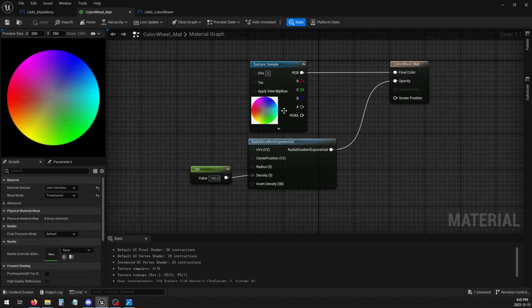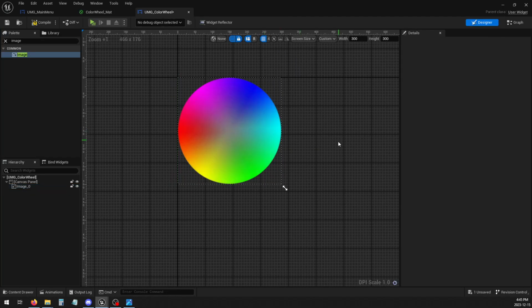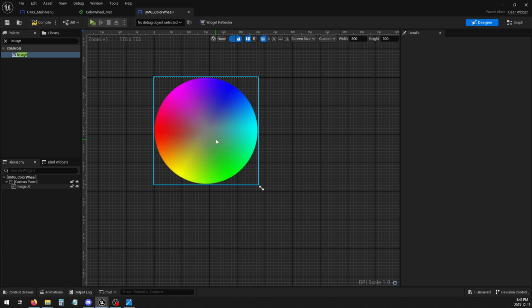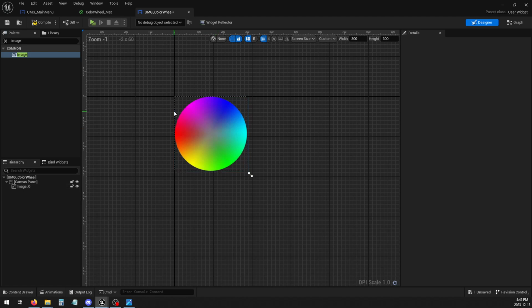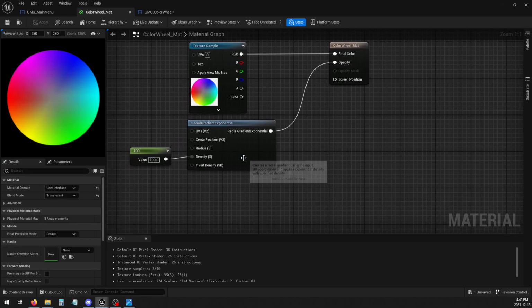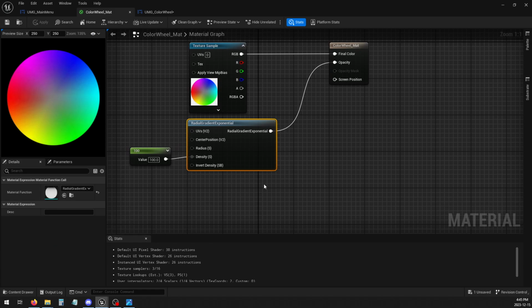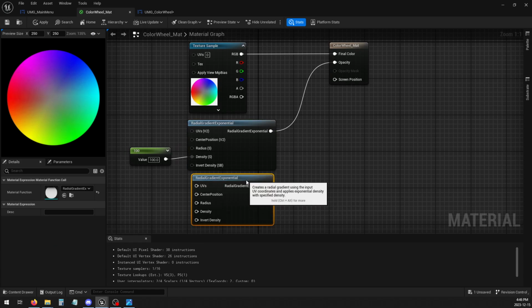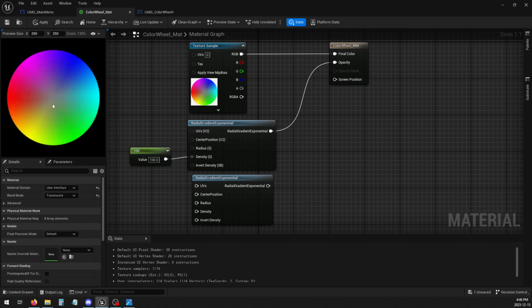Now back into our material. Some people would tell you to just leave it like that and have sliders on the side of it for saturation and value, and I just don't like that, so we're not going to do that. What we're going to do instead is we're going to have another gradient exponential, which we are going to subtract from the first one